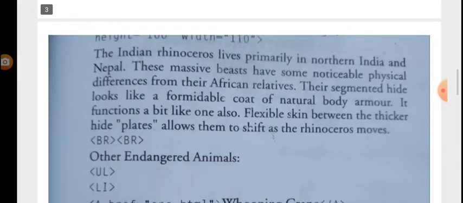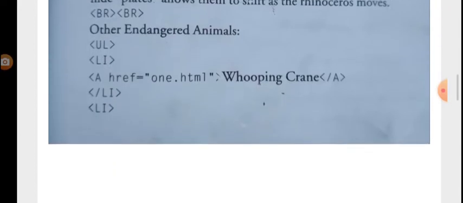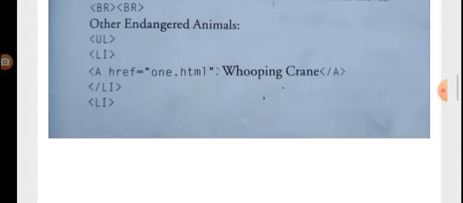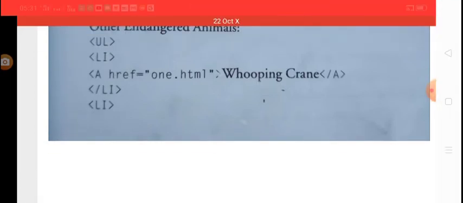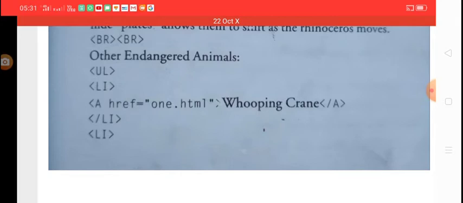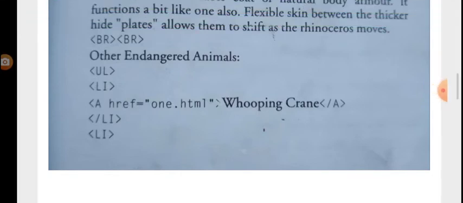Then after, it's time to implement the list. So just give the heading of the list. The heading of the list is Other Endangered Animals.